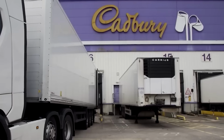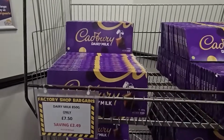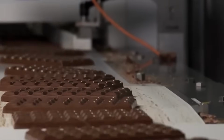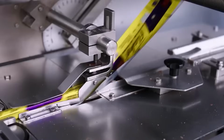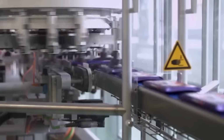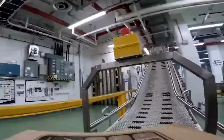The wrapped bars are then grouped into cartons or multi-packs, which are robotically packed into shipping cases. These cases are barcoded, palletized by robotic arms, and shrink-wrapped for shipping. Pallets are stored in temperature-controlled distribution centers until they are shipped out to retailers. The entire inventory system is managed using enterprise-grade software that tracks each chocolate bar from production to warehouse to store